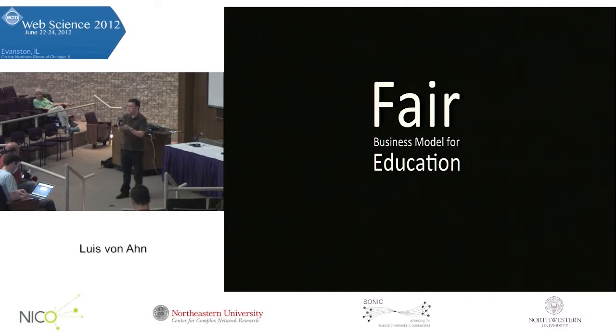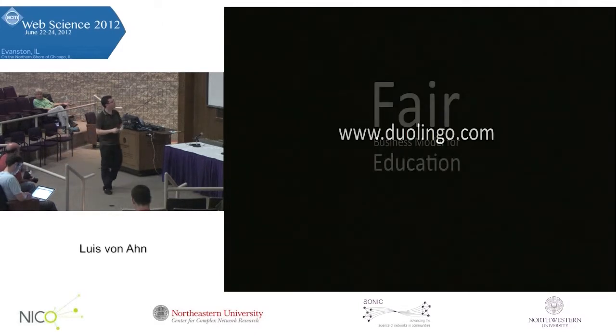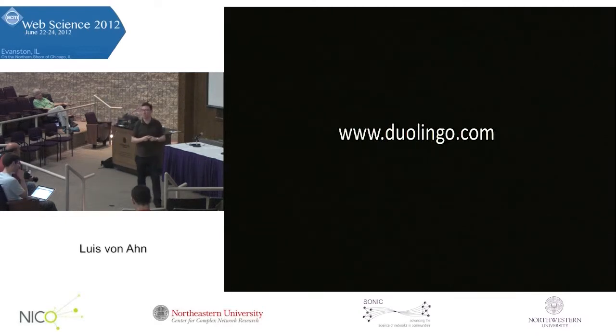And the reason it's free to learn is because while you're learning, you're producing value. You're producing these translations. So you're paying, but you're paying with your time. But the magical thing is this is time that would have had to be spent anyways learning. Okay, so you're getting something out of nothing. And it's a much better business model for education because you can learn for free. Okay, so I'm very excited about that. So this is the website, duolingo.com, if you want to see it. So that's all I want to say about Duolingo.